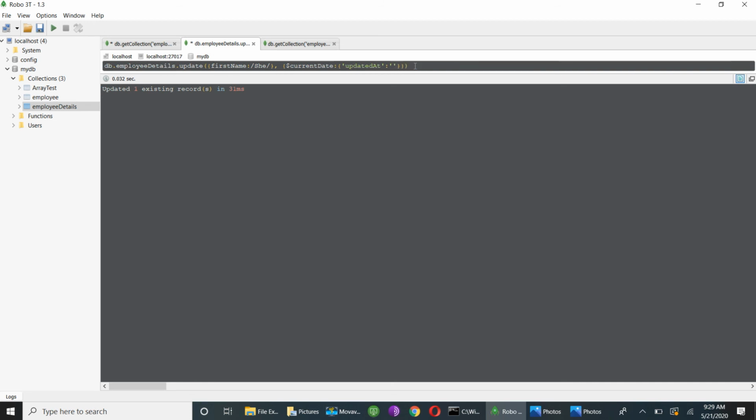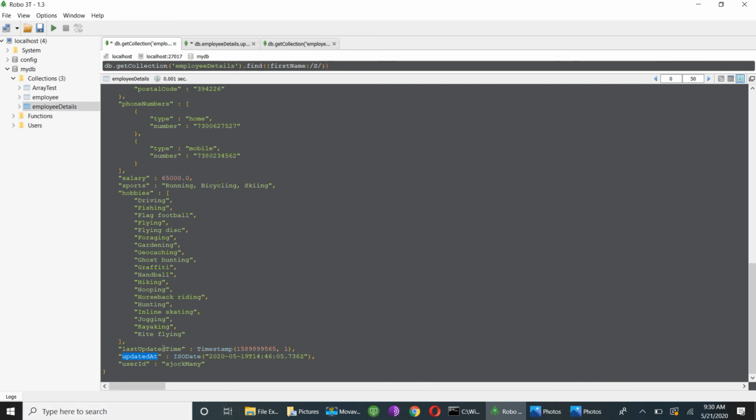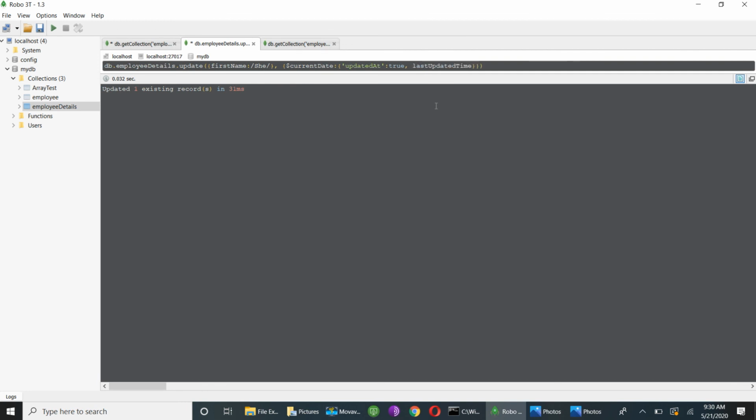I can use identifier true, and for the field lastUpdatedTime, $type colon timestamp. For date also I have to use $type date, but by default it takes date with the field name true also. So when I do this,